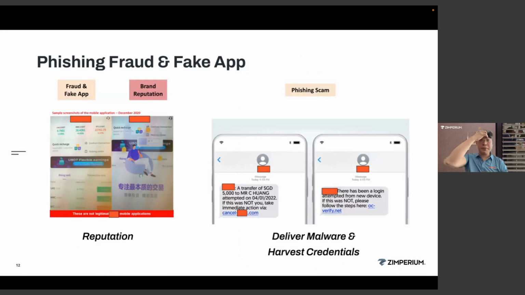The next example, right, is probably more common, right? Probably much lower technically, as in terms of having to develop a malware, trick the user to download it and do all that work, right? Obviously, the value for that type of attack is much higher, but we have seen fake applications that try to mimic certain banking organizations, right? Really to damage the reputation, and a lot of the time, if you look at it from